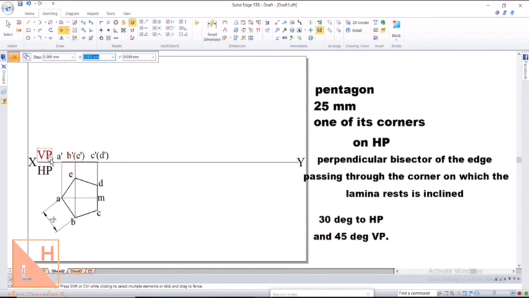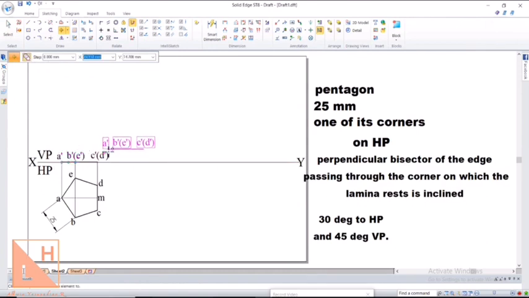Angle HP, we are supposed to project that in the vertical plane. Right now the plane is looking like a line in the vertical plane, and this median, that is a perpendicular bisector AM, is also present over here from A dash. Maybe here we will find that point M dash. It is not required that you have to name the point M dash because it does not represent any corner of the plane. We have just mentioned AM for our understanding. So just imagine that you have M dash here. Because I'm not going to use it, it will lead to confusion. So A dash, M dash, I need to incline this at 30 degrees in the next position.